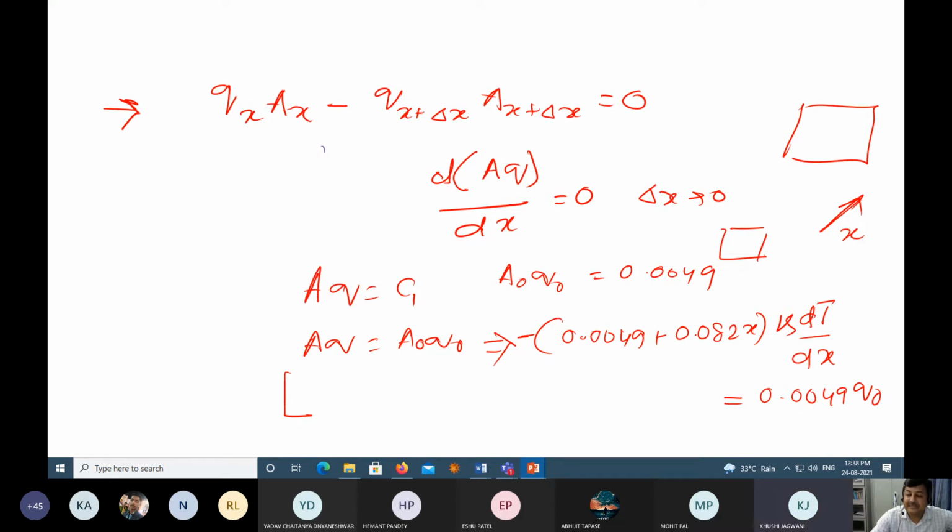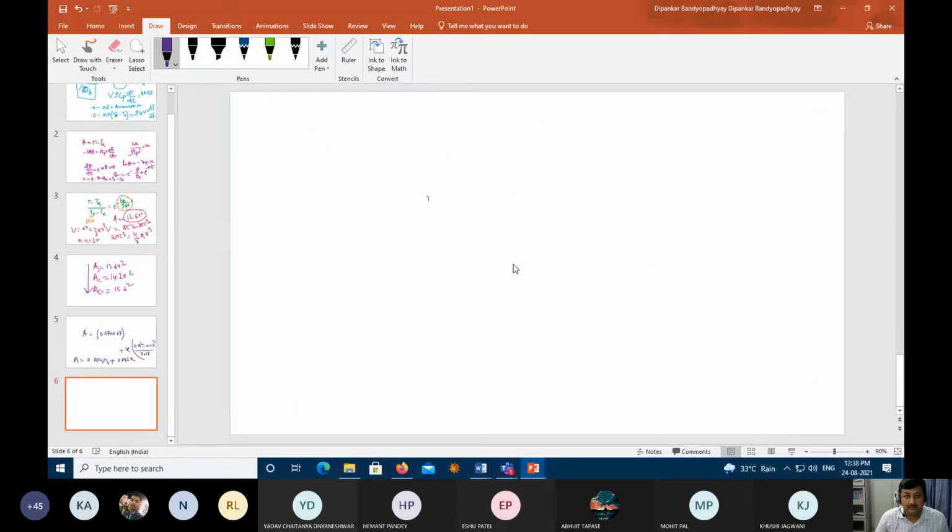Yes, sir. Now integrate. So integration from what to what? What is the temperature and all given? So what is the temperature? How will you integrate? 650 to 400. Very nice. What will be my integration? It's minus K times, from 650 to 400, with dT. Correct. And that is equal to what?